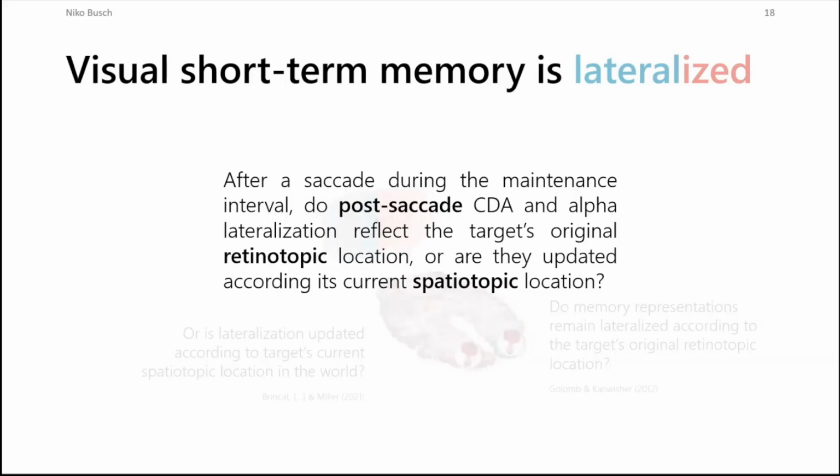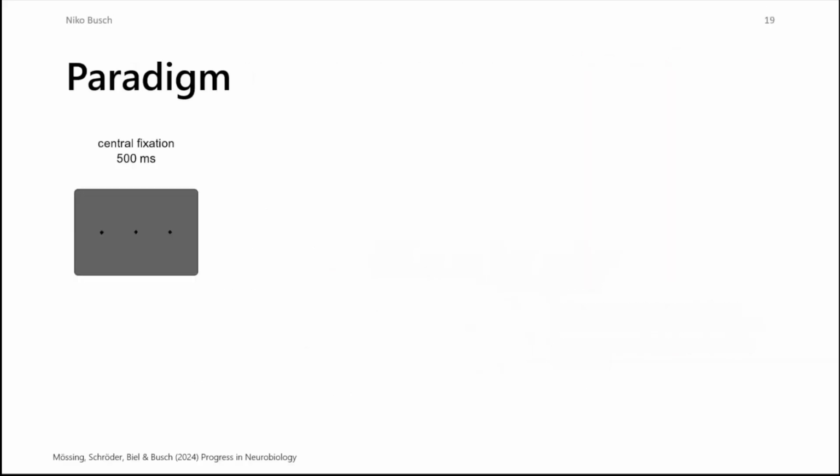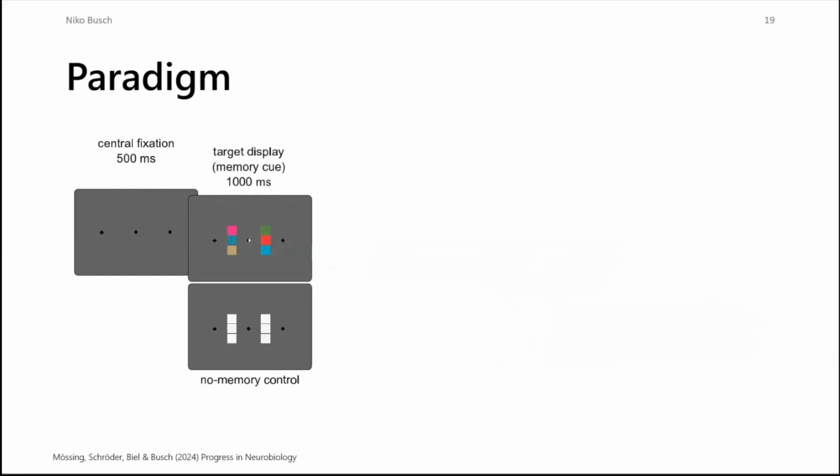So that was the original purpose of this experiment. Maybe I will skip over some of the results we found. So this was our paradigm: fixation in the center, and we presented this bilateral array of colors, and people were instructed to memorize those colors, but only on one side of the screen, as indicated by the cue. Then they memorized this information for a 1 second interval. So far, this is a very typical visual short-term memory study.